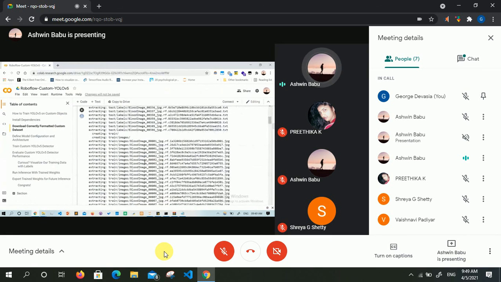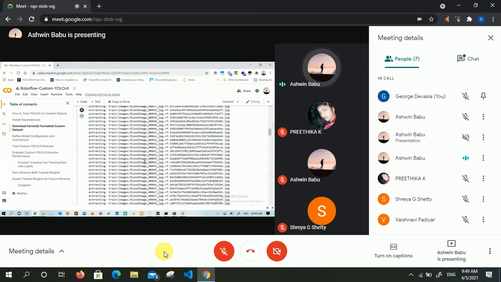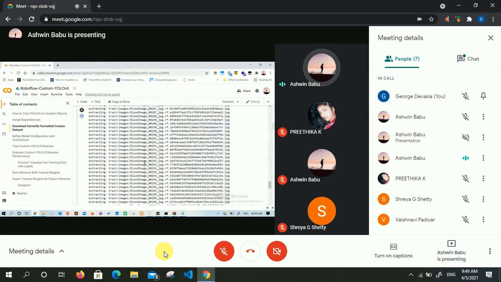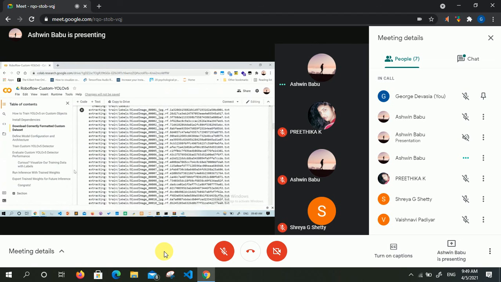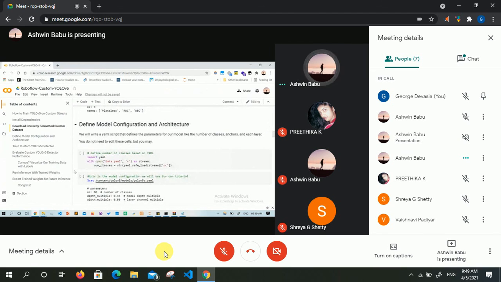Okay, now we have downloaded the architecture and the data set. This all is a part of downloading the data set. Now, in the architecture, we have to make some specific configurations, including the number of classes.